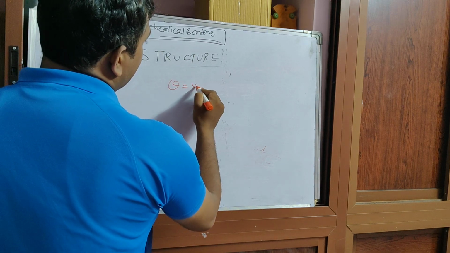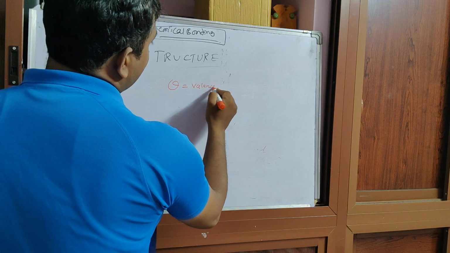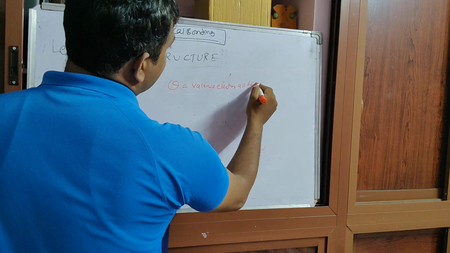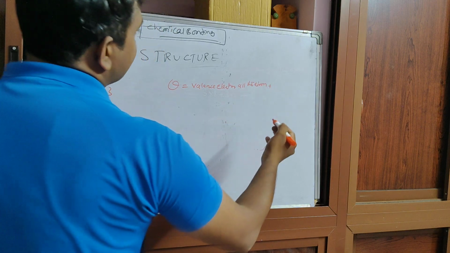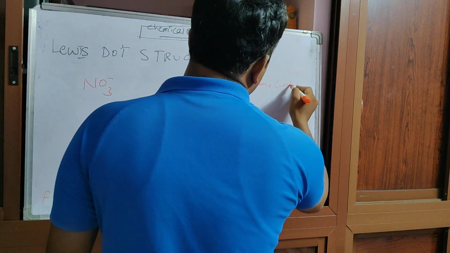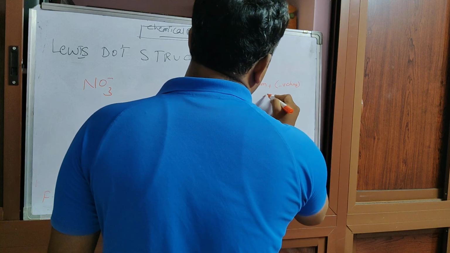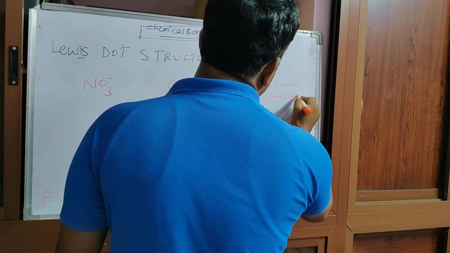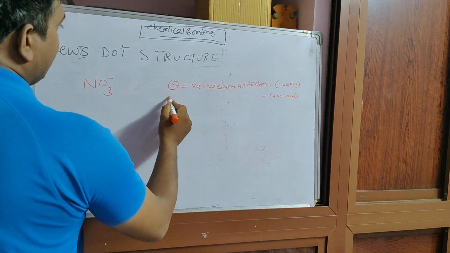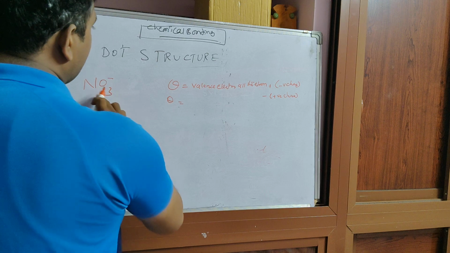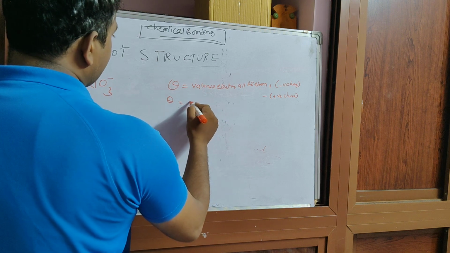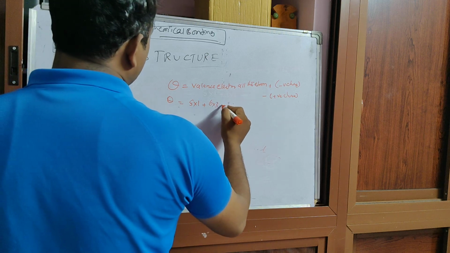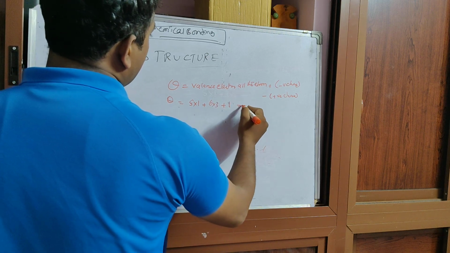Q is equal to valence electrons of all the atoms plus negative charge minus positive charge. This is the first definition. Q is equal to valence electrons of nitrogen 1 plus 6 into 3. The negative charge is 1, that's why it is plus. Total is equal to